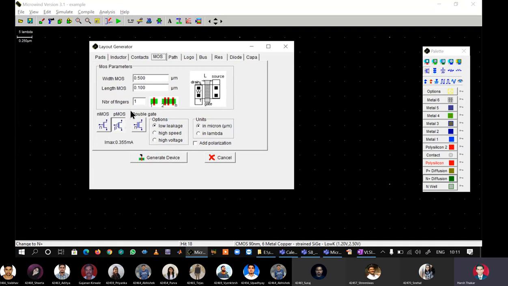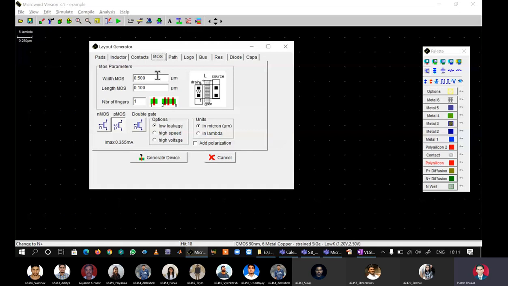One important thing here is that the width is 500 nano and the length is 100 nano, and in the MOSFET theory it is said that the ratio of width upon length is called the size. Please understand that irrespective of the kind of MOSFET you select here, the width of the device is 500 nano and the length is 100 nano, so the size is 5. I repeat, by default Microwind offers us MOSFETs having size equal to 5.